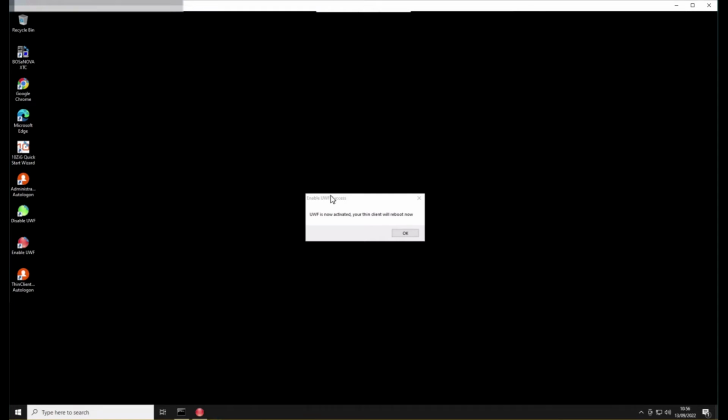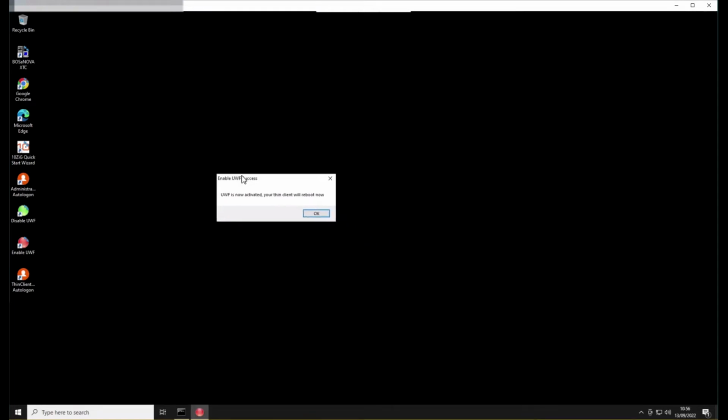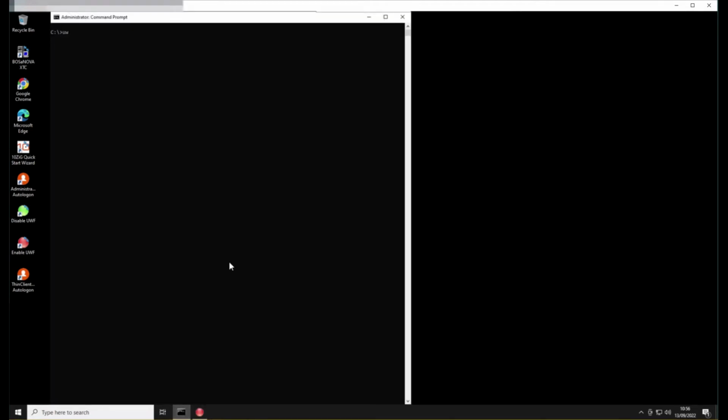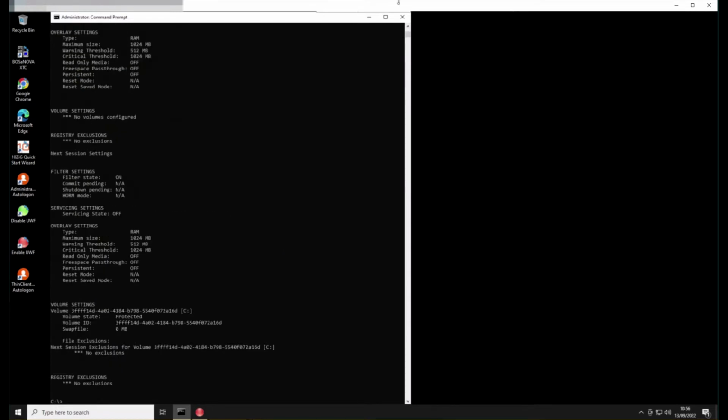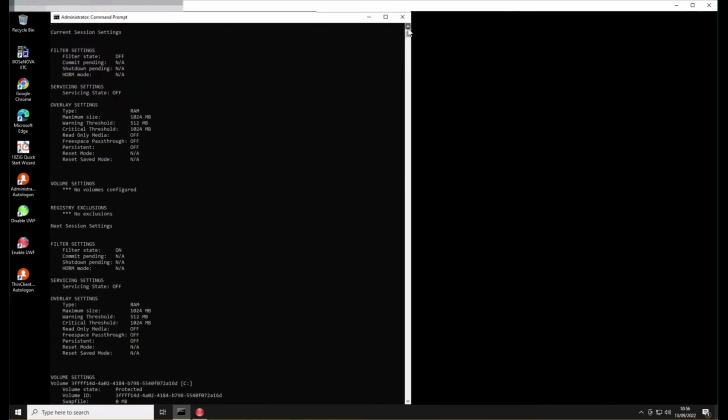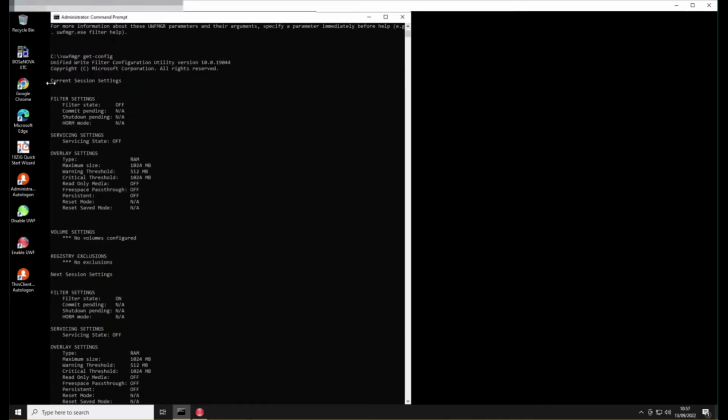We won't reboot just yet, as we want to talk about using the command prompt to control the UWF. If we open a DOS window, type in UWFMGR and press enter, then we'll see a list of command parameters and some examples at the bottom of the screen on how to use them. One of the options is get-config. So if we type UWFMGR space get-config and press enter, we can see the current session settings status of